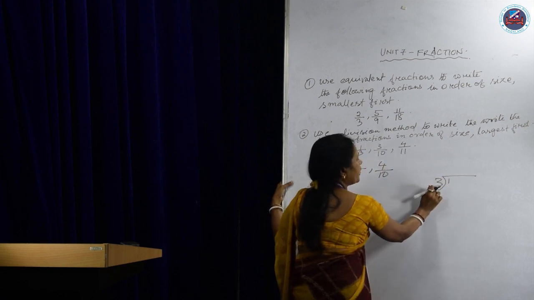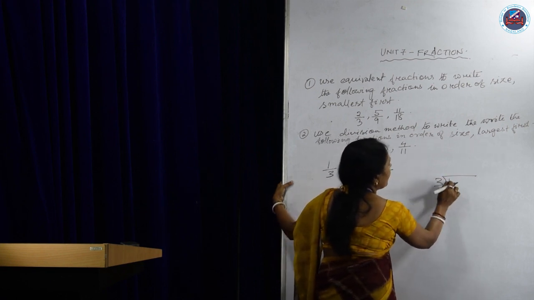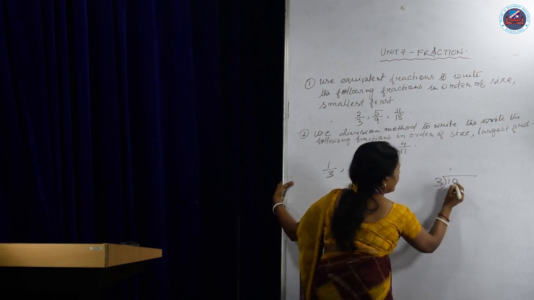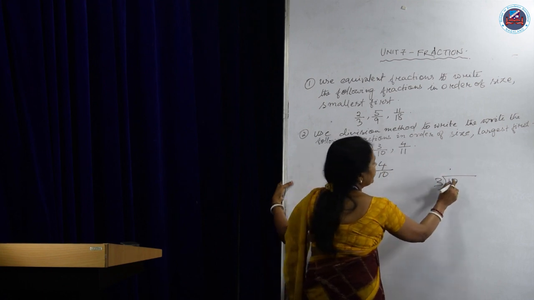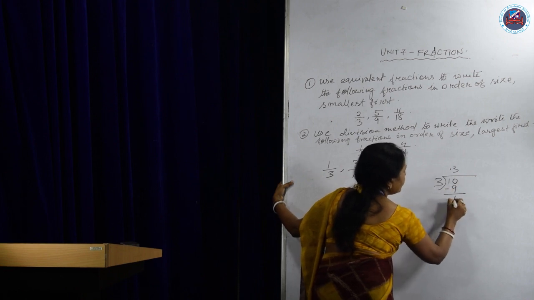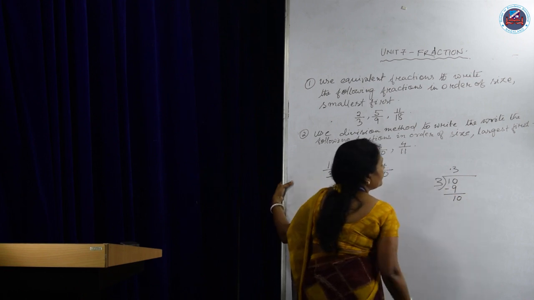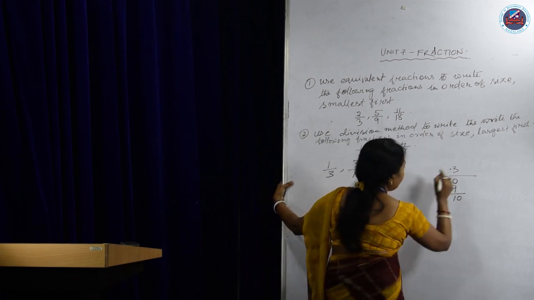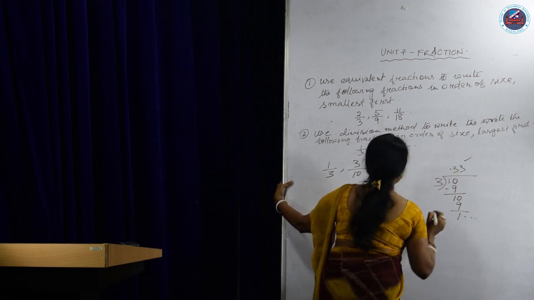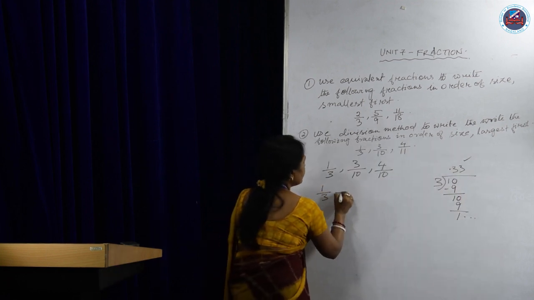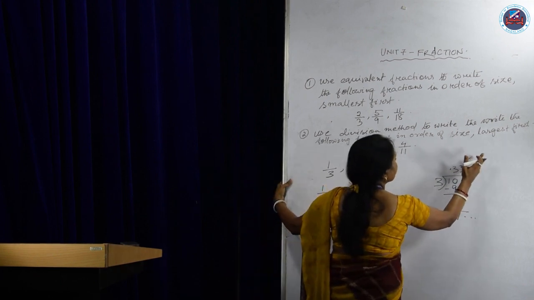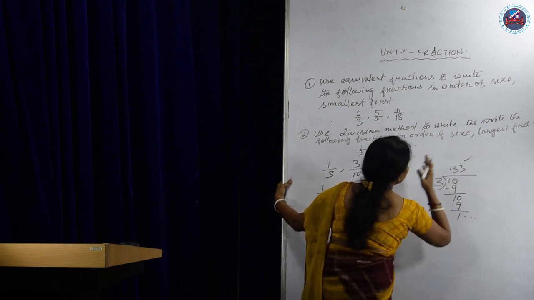When you divide 1 by 3, as you see, you cannot divide 1 by 3. So what you have to do is take a decimal and put 0 beside 1. Now it becomes 10. So in 10, 3 goes 3 times. 3 3s are 9. Subtract it, 1. You can take 0 in every step because of the decimal. 3 3s are 9, 1. So it will continue. Let us take it that 1 by 3 is 0.33. You can continue the sum and take as many decimal digits as you want.